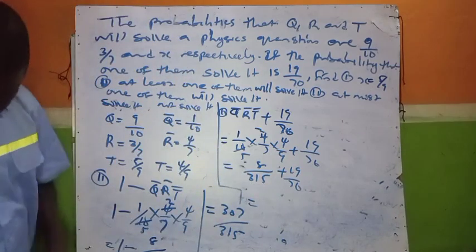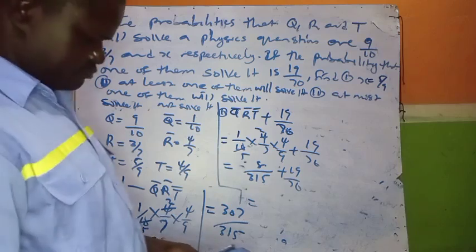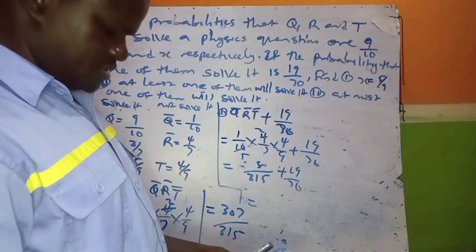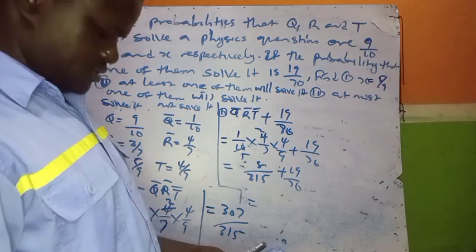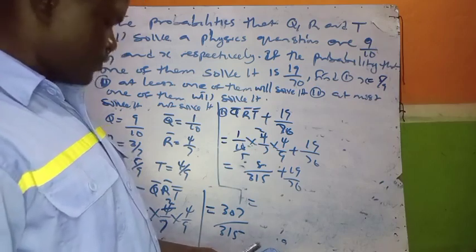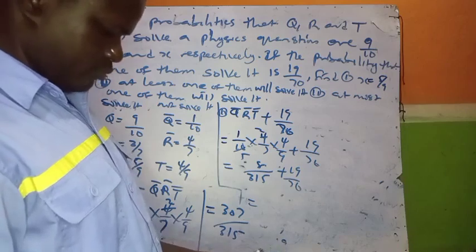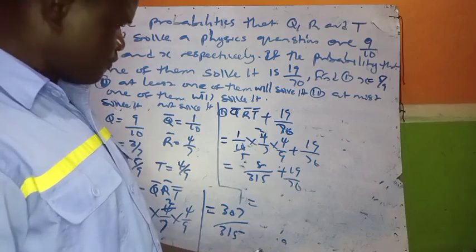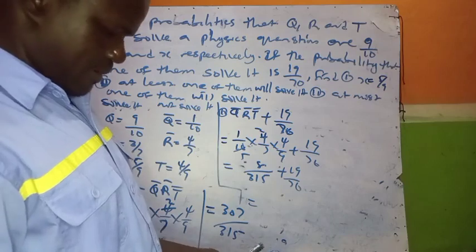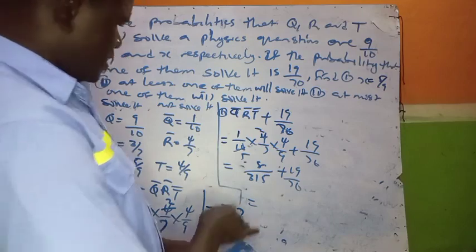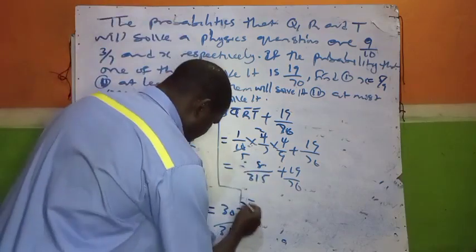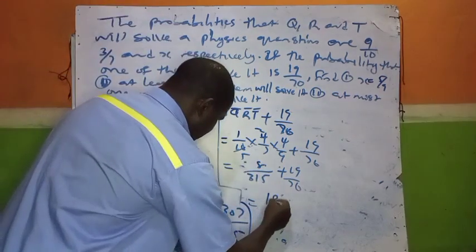That's what we're going to have. So you can add them together: 8/315 plus 19/70. So your answer is 187